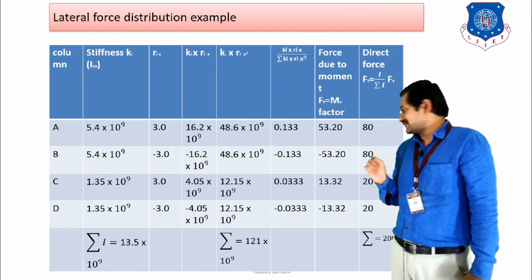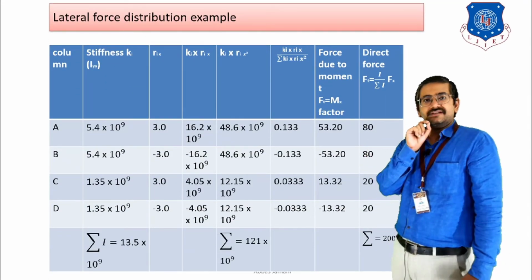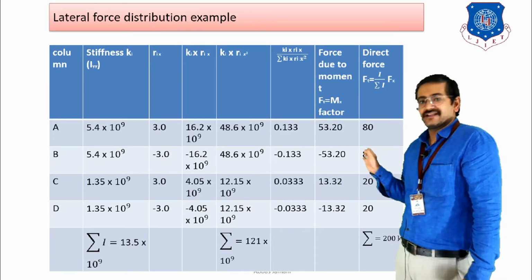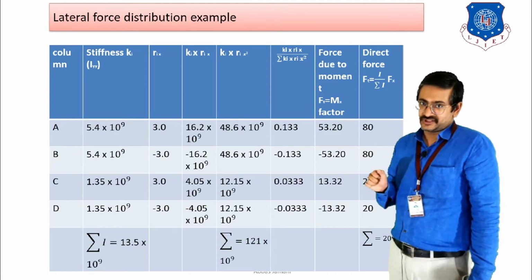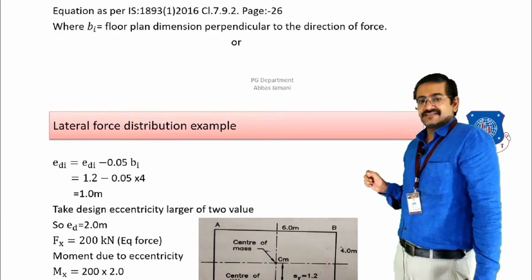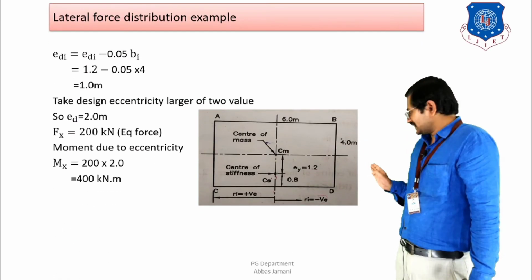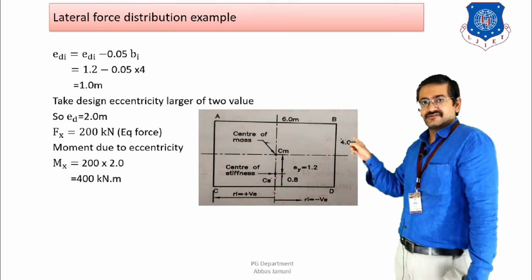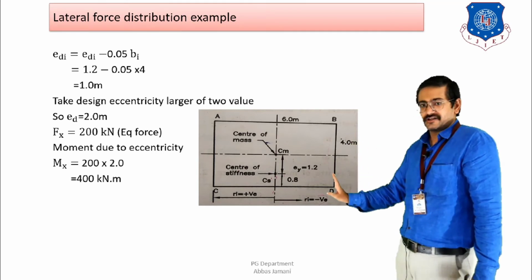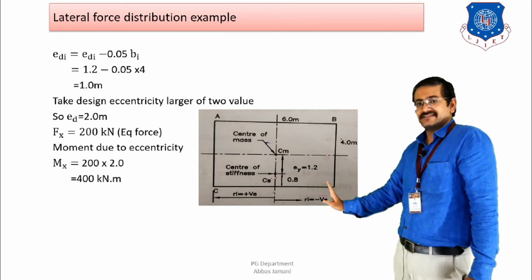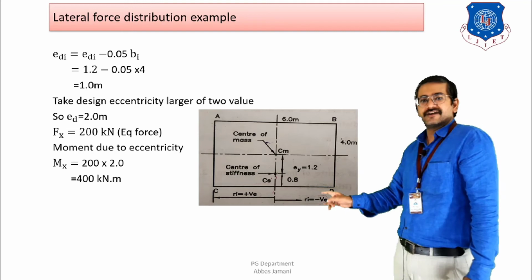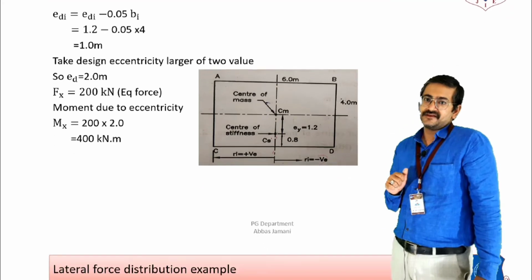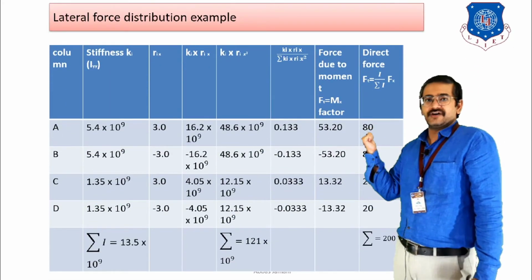So if I go back to this table, in case of Rix, if I want to select the value for column A, then looking at the figure, I can say that the value is going to be 3. How is it going to be 3? As you can see in the figure here, the dimension in the X direction is 6. A is the first column that is shown, right? From the center of stiffness to the column, Rix in this direction is taken as positive. So 6 divided by 2 is 3. And since it is from the center towards the left side, the value is 3. So in the table, I have put the value as positive 3.